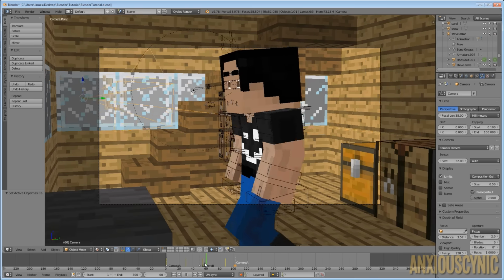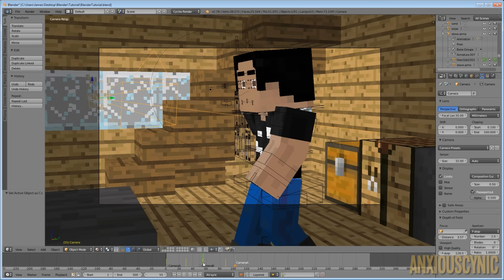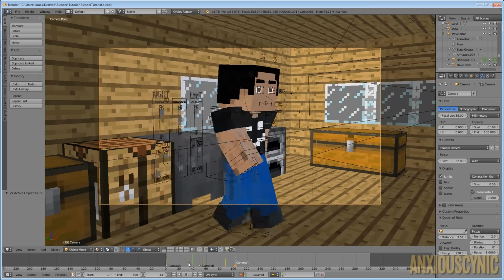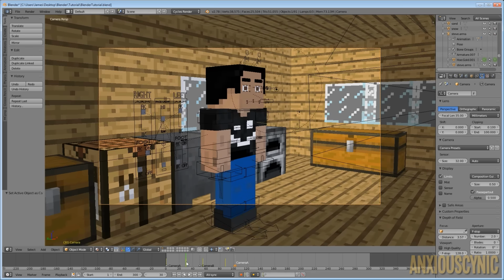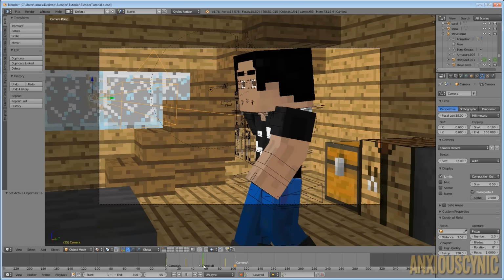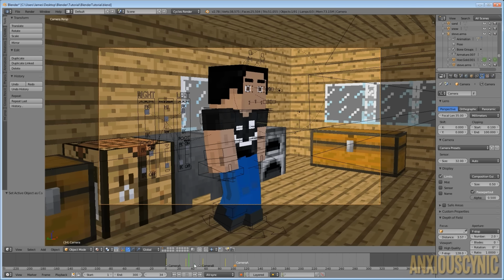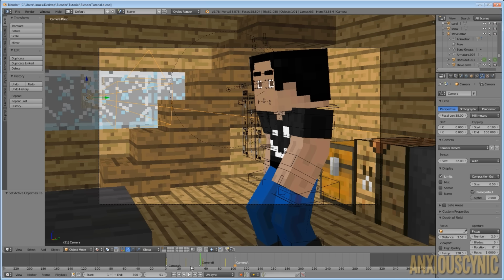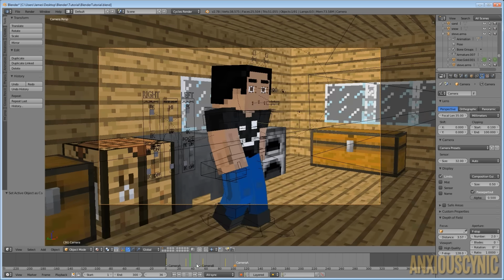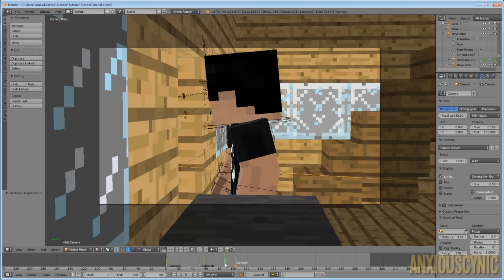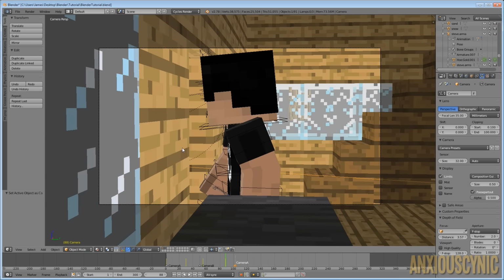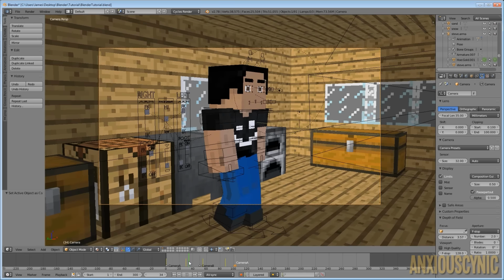Now you may be wondering, why did you set this keyframe here when you just need it to come over here? Well, I don't want it to move in between this keyframe and this one. Basically, I just set that position to be the same there so that the camera stops here and doesn't move anymore. I could use the constant or instant transition, as you may recall, so that it would not move until we got to this one, but then we would have to go into the dope sheet and all that stuff. So this is just a way that we could do it right here in the default view.